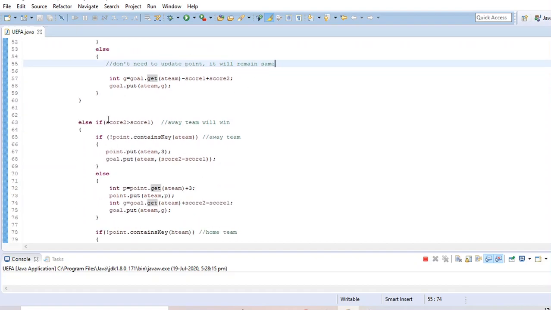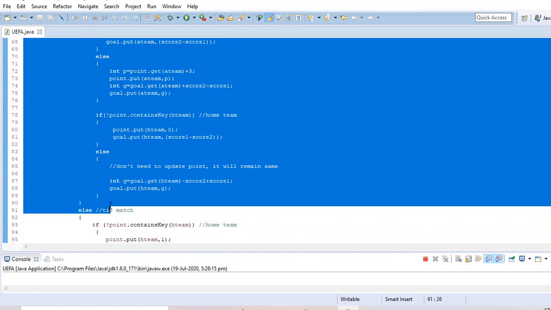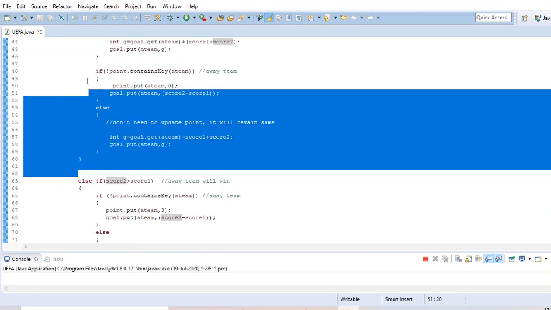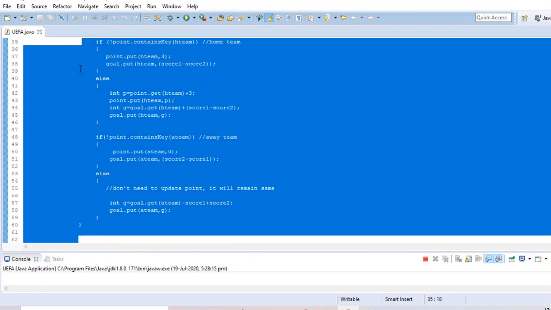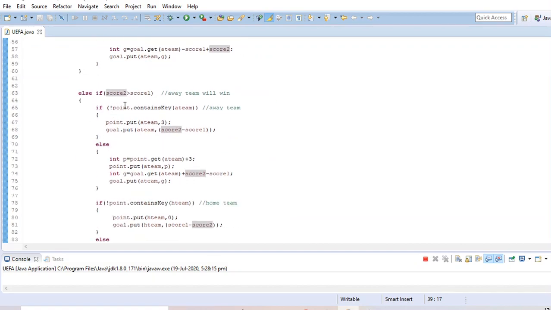Then else if score 2 is greater than score 1, so the away team will win, and I do the same thing again as I did here. I check if their name is not present here, then I put the value in the point table and the goal difference.